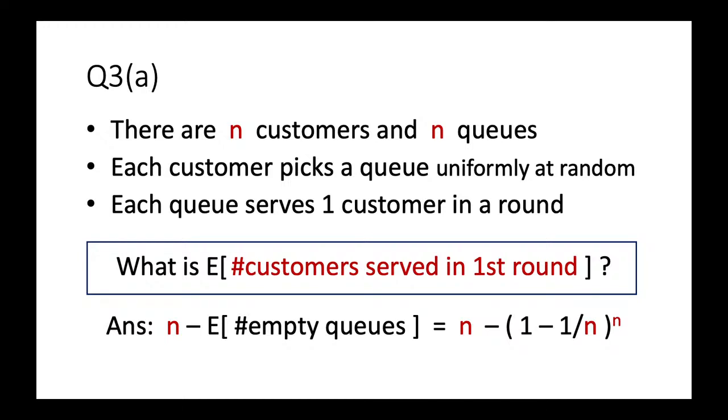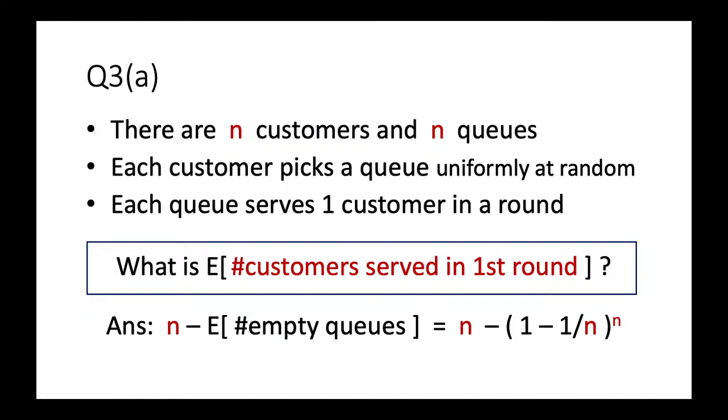Now, for this one, there are many ways to compute it, but I find this to be easy. We just find out how many empty queues there are in the first round. All the non-empty queues will be serving a customer. So by finding the number of empty queues and deducting it from n, we get the result. So n minus the expected number of empty queues. The expected number of empty queues is equal to, so 1 minus 1 over n to the power n is the,